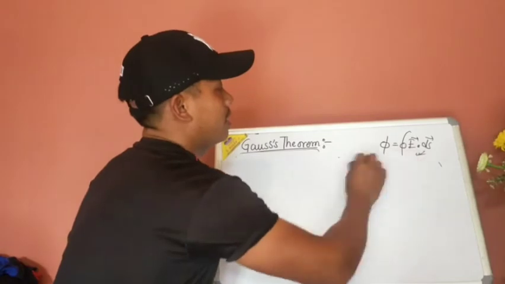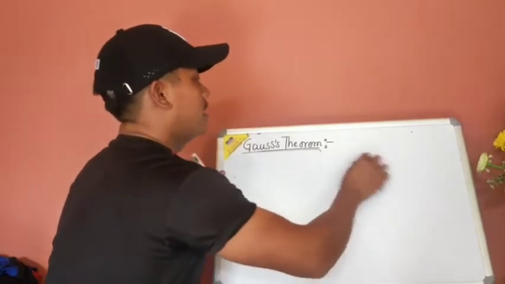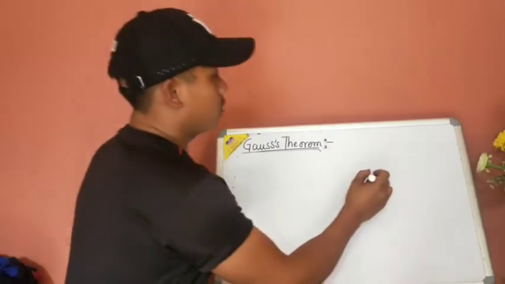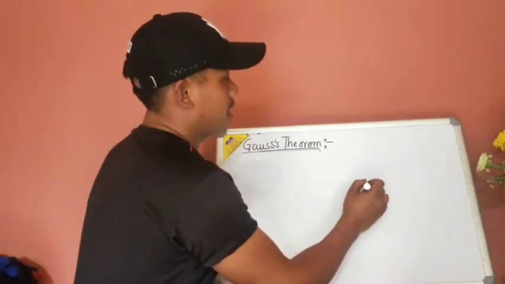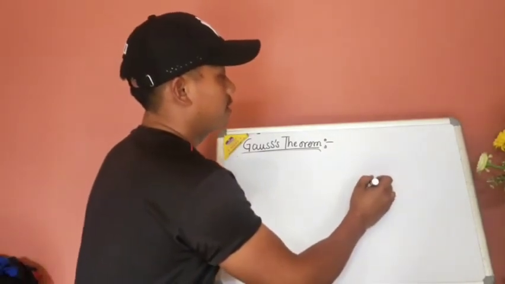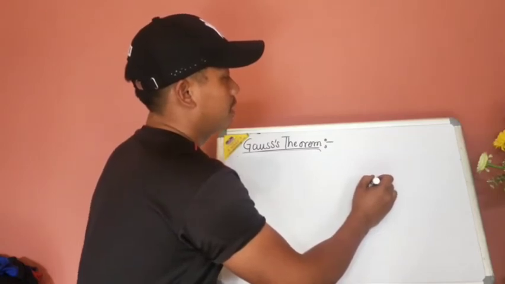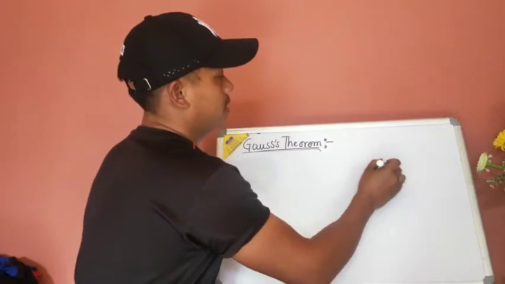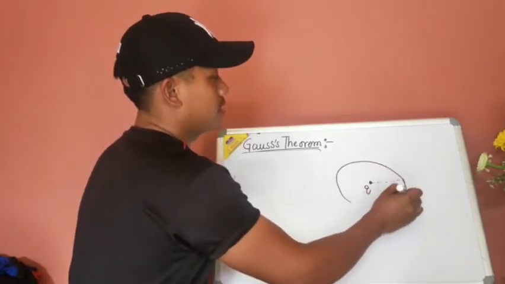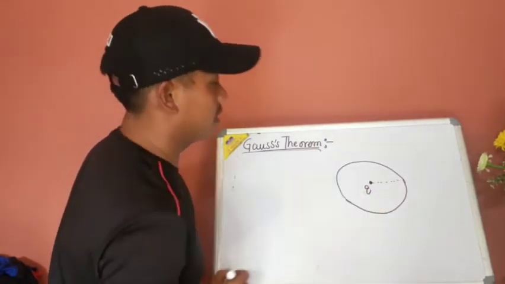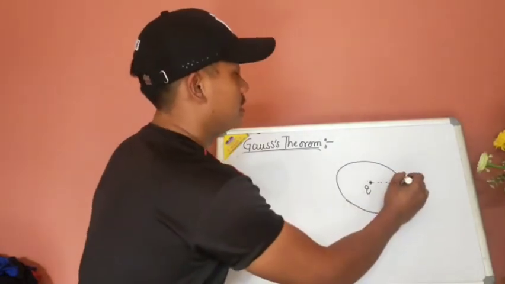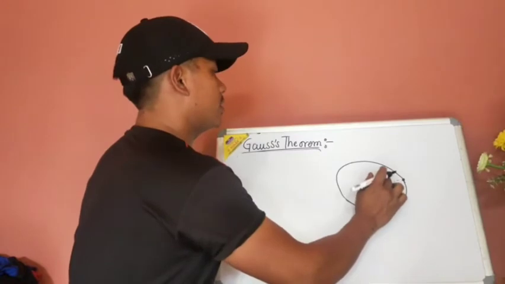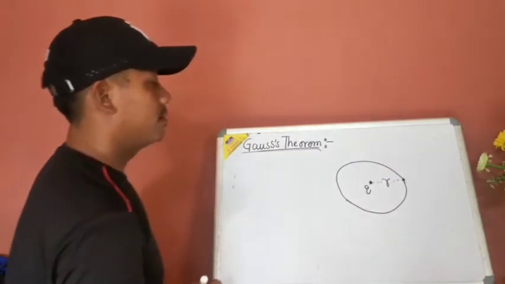So let me go in brief how this proof can be done. Suppose you have a charge q here. Then if you take a spherical surface surrounding this charge, and if the radius of the surface is r,